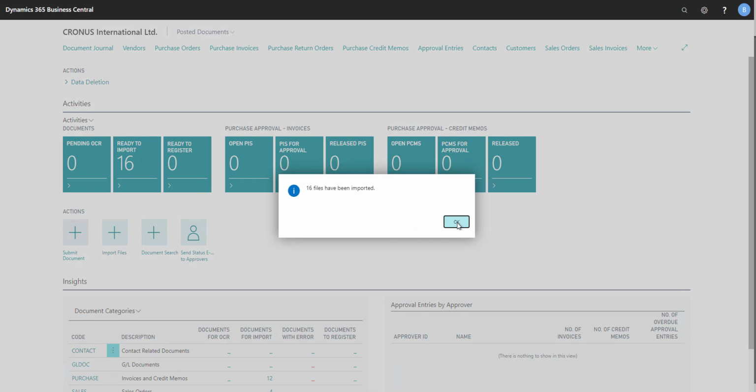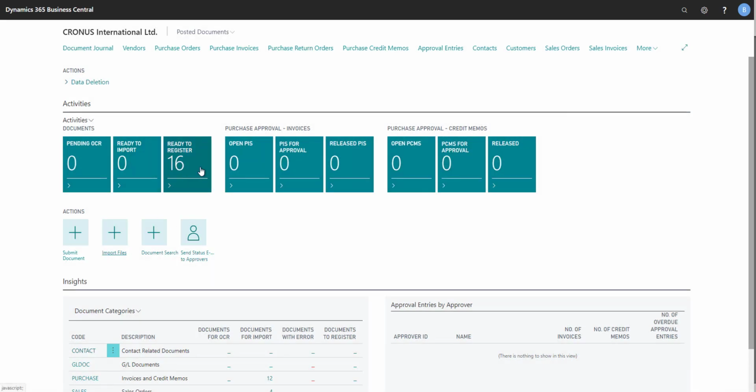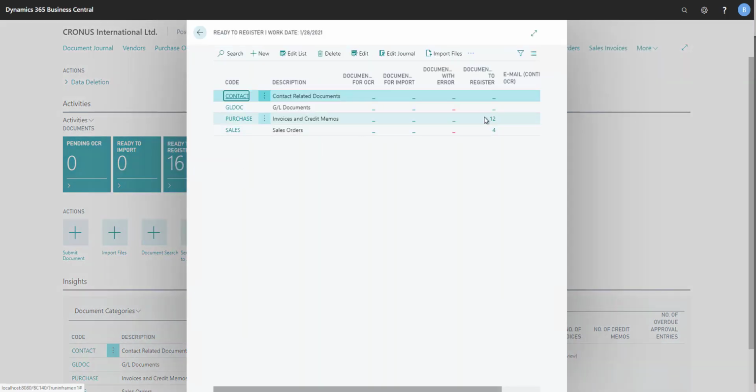Our files have imported, and now the 16 ready to import have moved into ready to register. We can select that, and here we go. We've got 12 purchase invoices and 4 sales orders ready to be recognized. So if we come into the 12 purchase invoices,